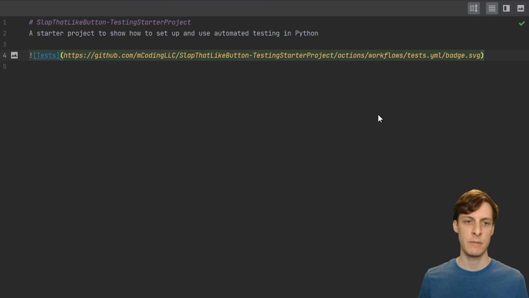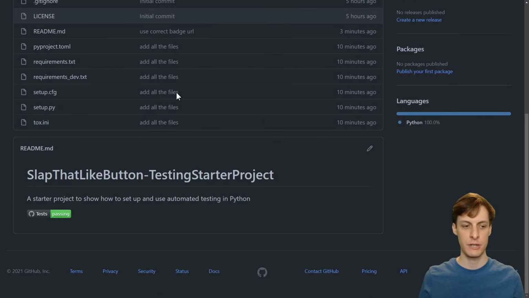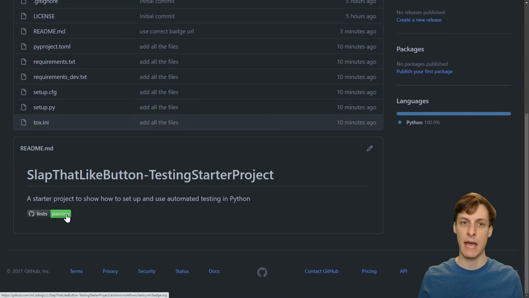So here I am in the README, and this is all the code that you need to add in order to add a little badge with a check mark that tells you that your build is passing. Basically, GitHub just provides everything for you. You just need to navigate to the correct link. So we have github.com/your username or organization or whatever, then the project name, then actions, workflows, and then the name of the YAML file that you used, and then badge.svg. So the workflow just finished, and now you can see that we have this test passing badge.